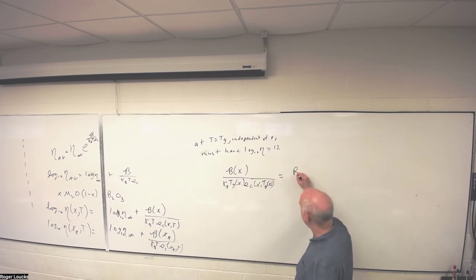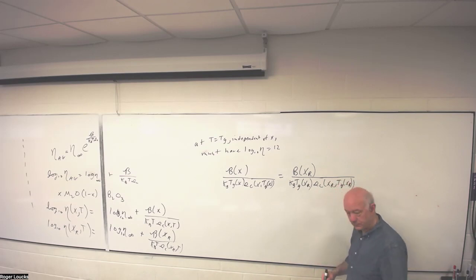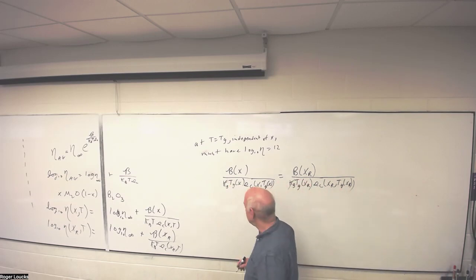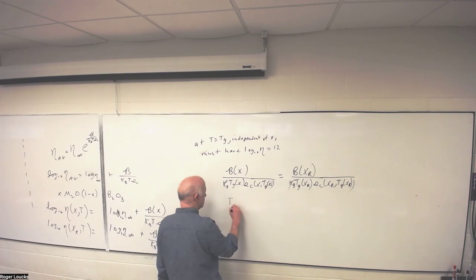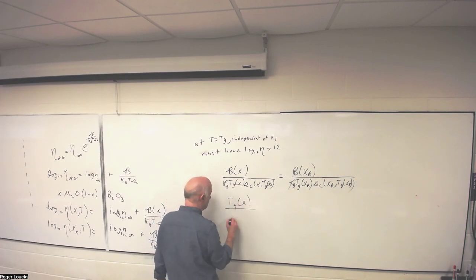Then it has to be this BXR, KB, TG, XR, S sub C, XR, TG, XR, like that. Maybe it's canceled. Woohoo! Okay, and then I can solve for the glass transition temperature at composition X compared to